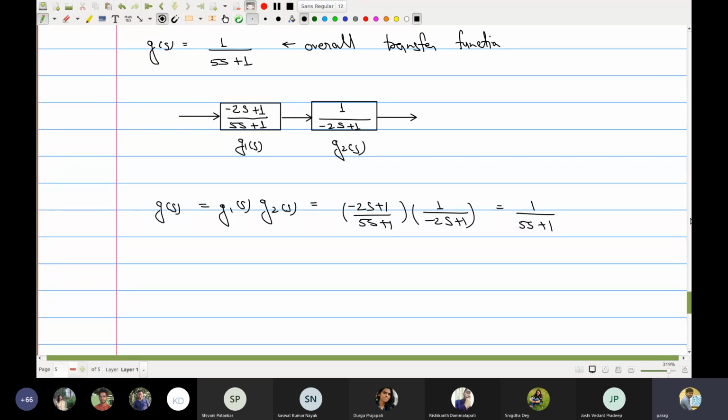But then there are three associated time constants to the system: the first time constant here, the second time constant here, and the third time constant here. See, the negative magnitude does not mean that the time is negative. The negative magnitude means that the feedback to the system is coming from a different direction.